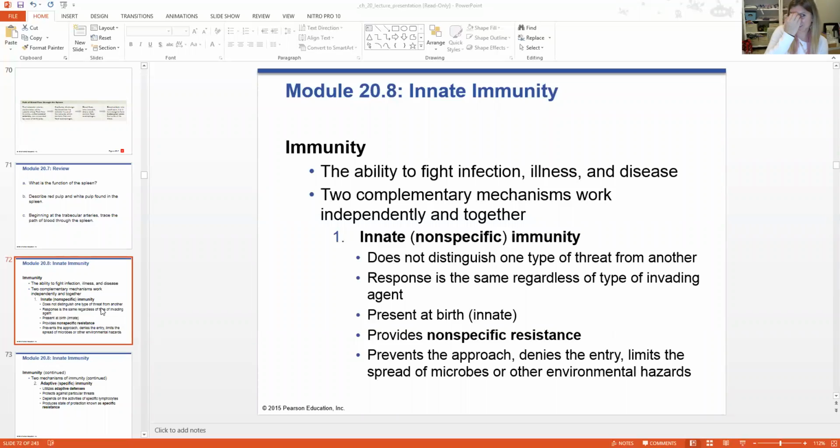Sorry about that. So we are moving into innate immunity. This is the type of immunity that you're born with. So it doesn't matter whether you have been immunized or whether you were breastfed or whether you have vaccines or been exposed to pathogens before. This is the type of immunity that is our natural ability to defend itself, our body's natural ability.